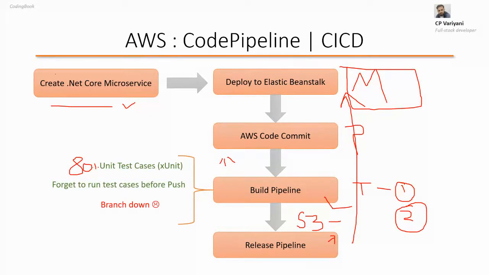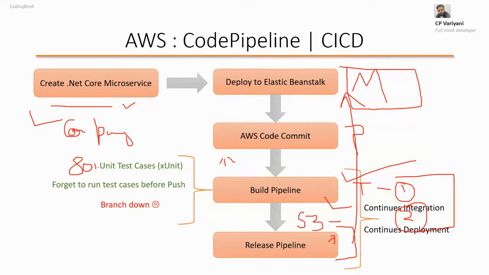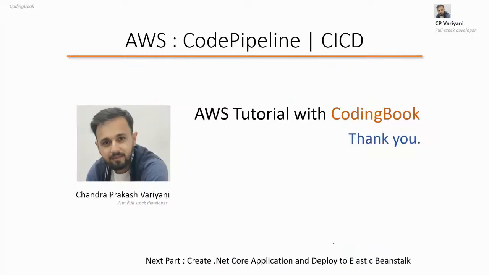That means now if you make any change in your controller in your application and you commit or push your code, then the build pipeline will run automatically. It will run against all the test cases which you have defined, and your code would be automatically deployed through your release pipeline. That is what we call continuous integration and continuous deployment or delivery in AWS. So that's all about our requirement, and let's now continue with part 2, in which we'll first create the .NET Core application and deploy it to Elastic Beanstalk.